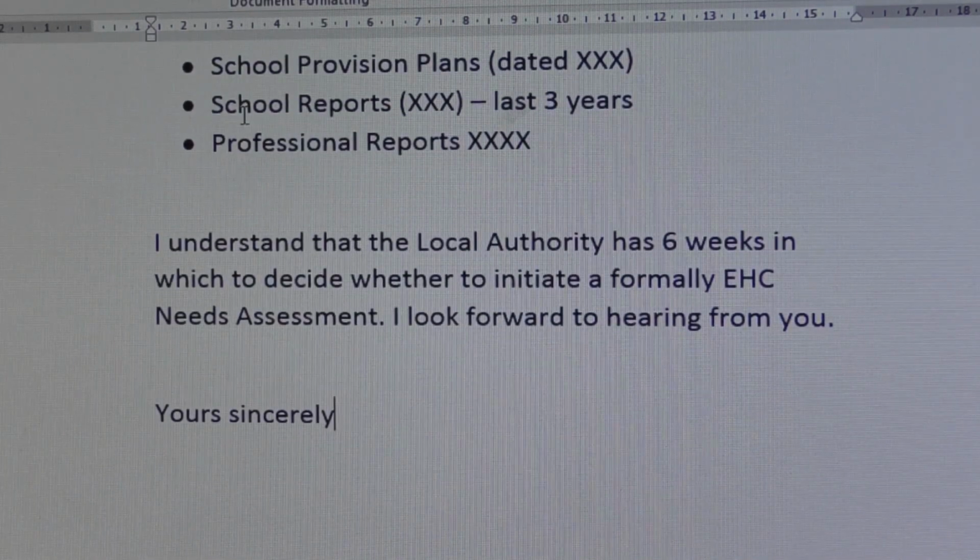And that is it. Very straightforward. This is not something that should cost you a lot of money. It certainly shouldn't cost £4,000. And if I run it back from the very beginning, just to give you an idea,